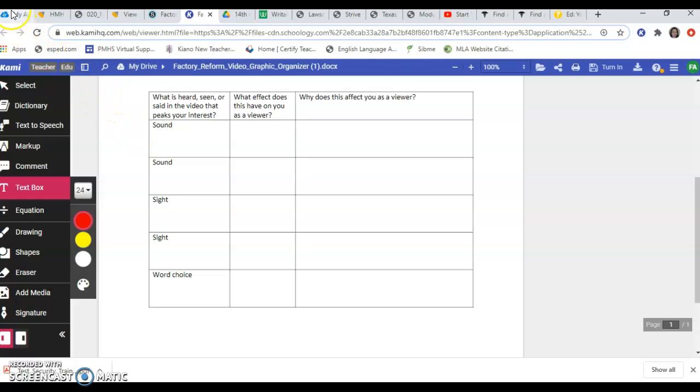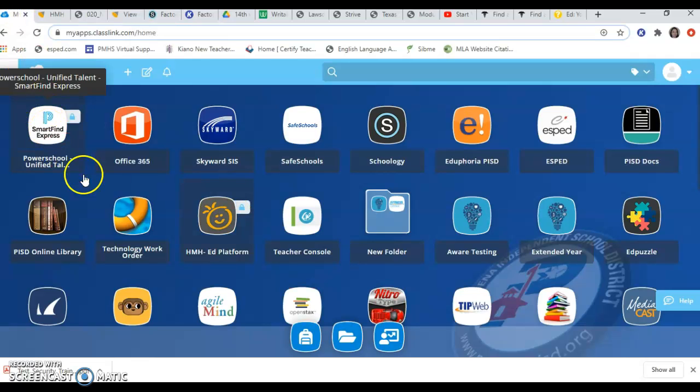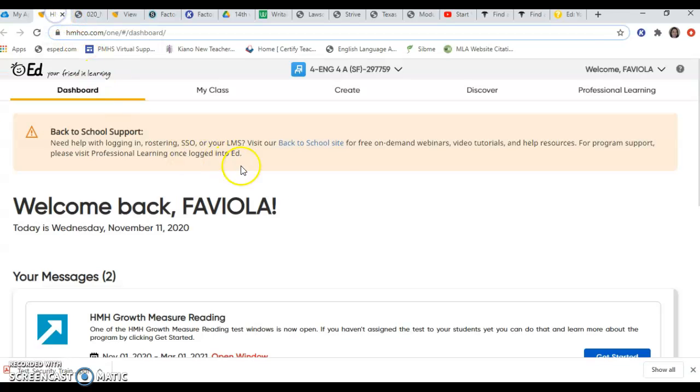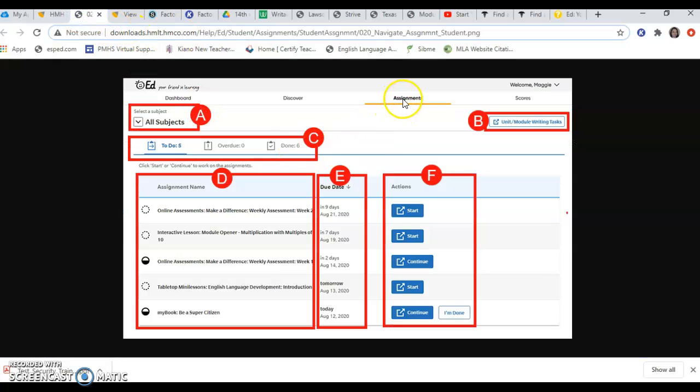Now, to access the actual video, you will go to your apps. You will use the HMH Ed platform. Click on it. Once this page appears with your name, you will scroll over to the tab that says Assignments up here. It will populate with your assignments. Your assignment will be the third one. It should say View on it. Click on the Start,